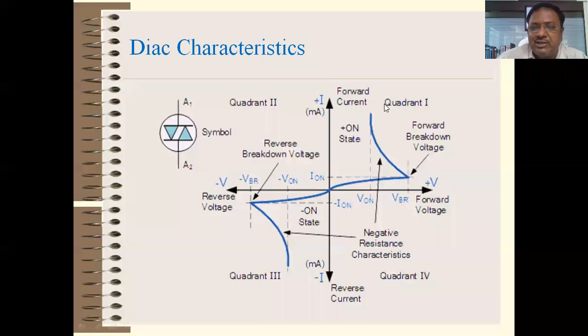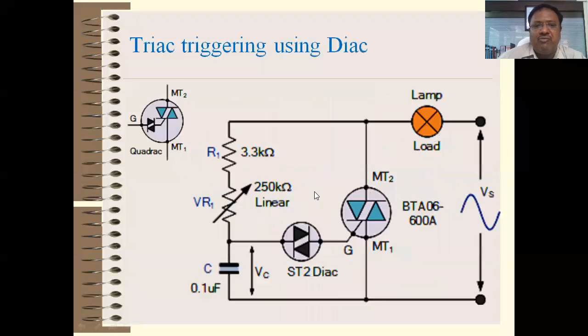So this type of characteristics occurs for diac operation. It is not exactly the same as a triac, but very close to the diac operation. So again, we will go back to the triggering circuit, triac triggering using diac. Okay, so in this particular circuit,